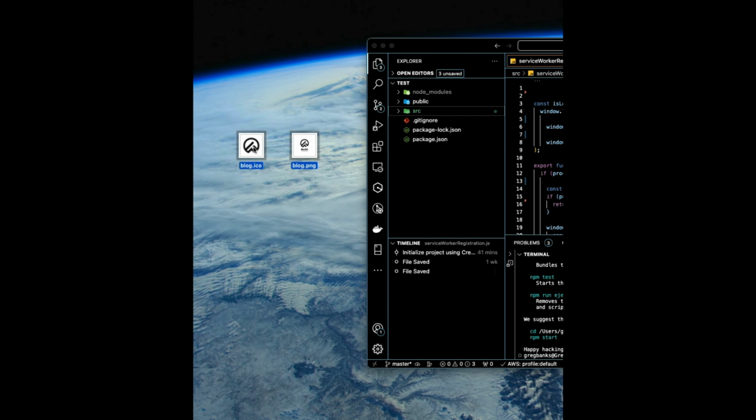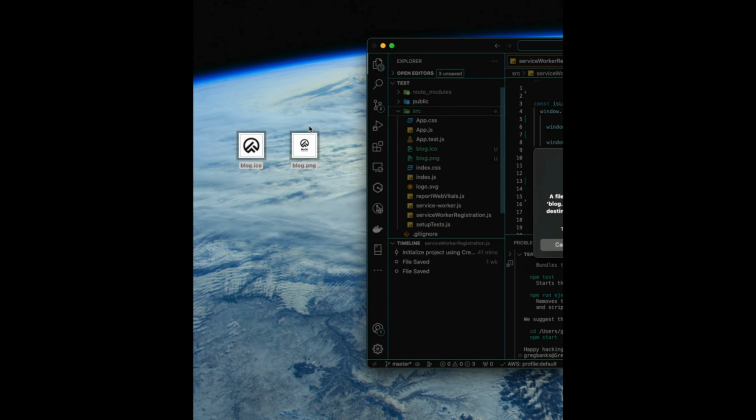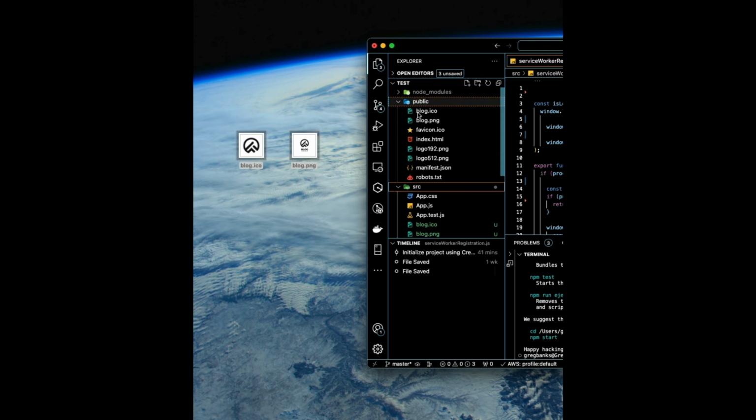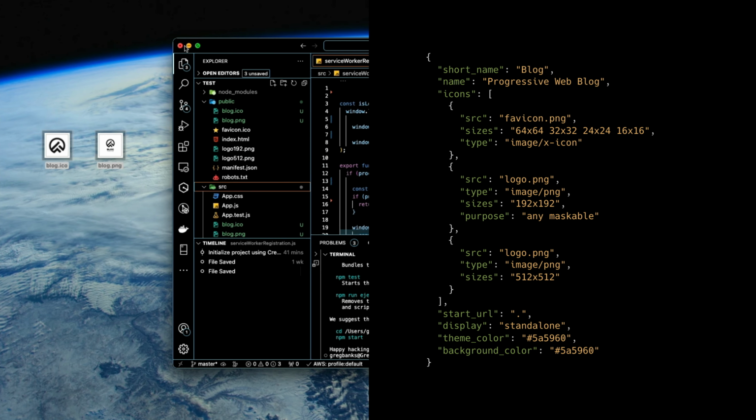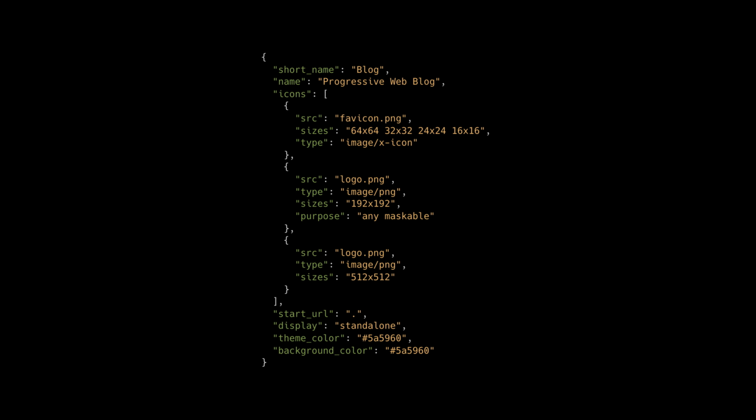Next, let's add a custom logo and update the manifest to show that logo. Go ahead and place your logo image in the favicon, which I've included in the repo in the public and source folders. Now update the manifest in your public directory to reflect those changes. Update the name, the short name, update the favicon, the new one, update the logos with the new ones, and